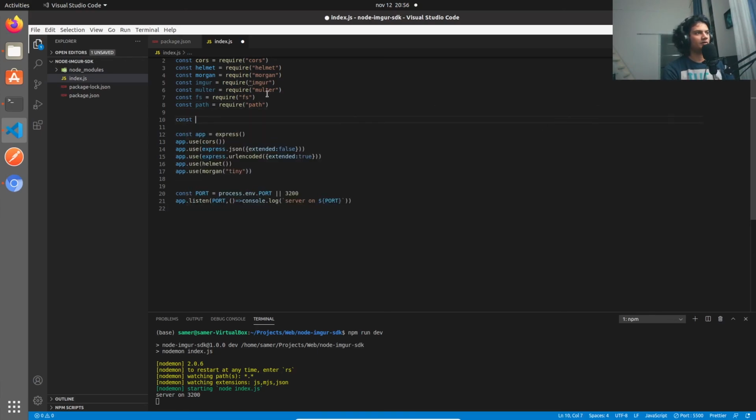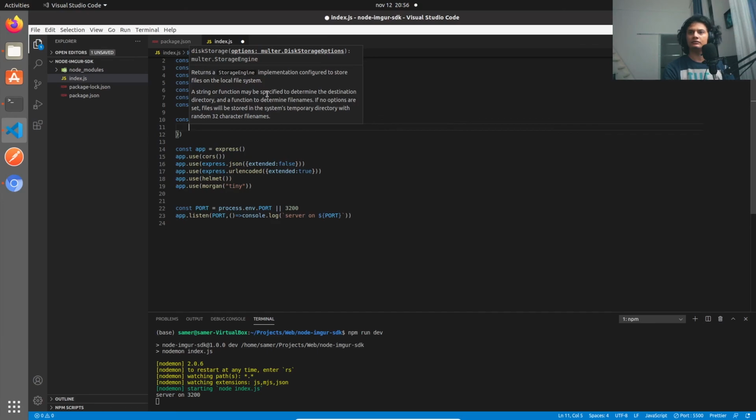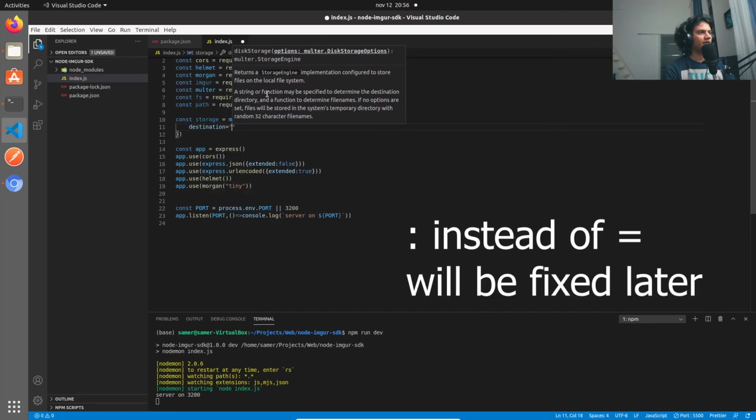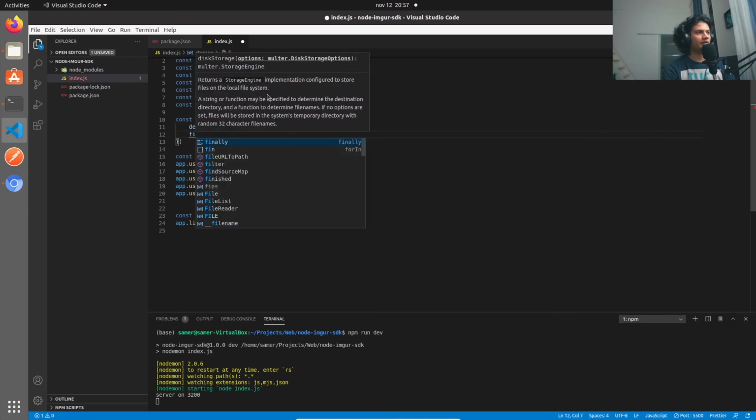Okay, so const storage equals multer dot disk storage. The destination is a folder called uploads, and the file name